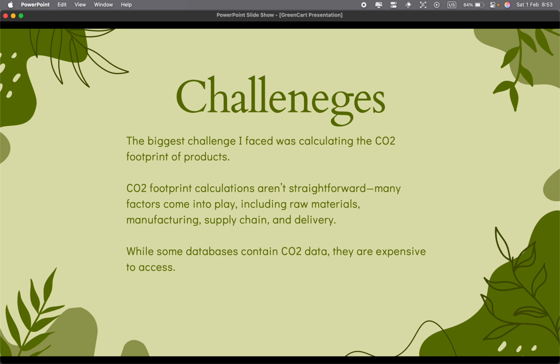So the challenges. Despite this being my very first React project, the biggest challenge that I faced was calculating the carbon footprint of products. Carbon footprint calculations aren't straightforward. Many factors come into play, including raw materials, manufacturing, supply chain, and delivery. Too many complex factors have to be considered